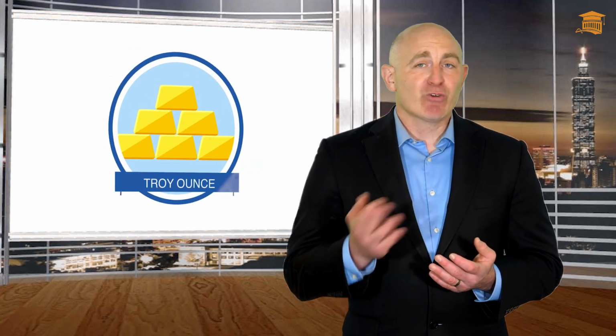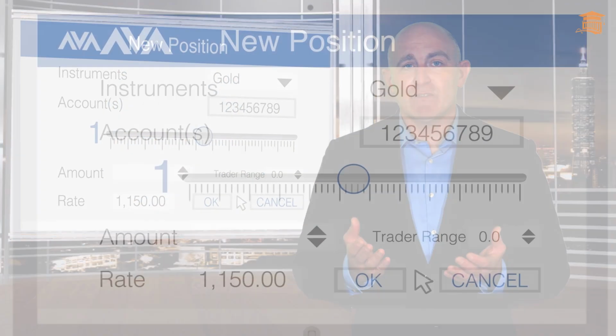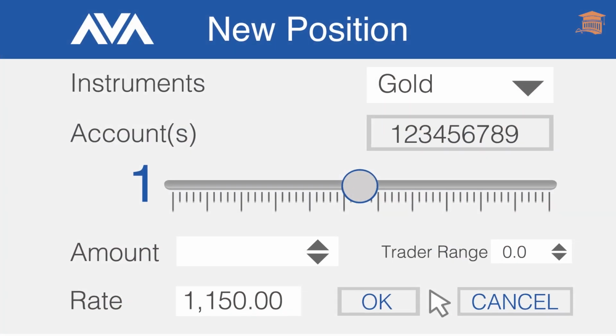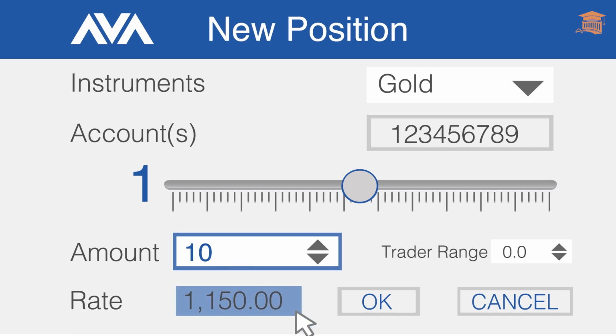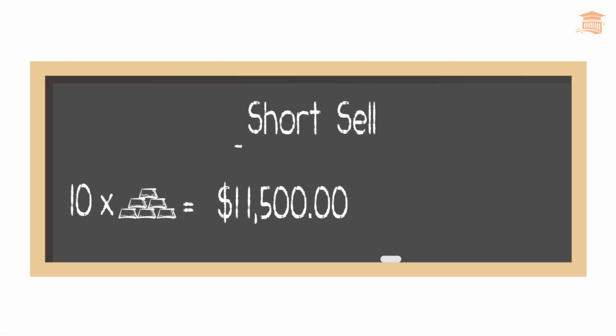Gold is measured in troy ounces, so in our amount box, we'll be entering how many ounces we would like to buy or sell. Let's just say we'd like to short sell 10 troy ounces of gold. In our order box, we see the current market price for gold is $1,150 per ounce. Again, if we were to short sell 10 ounces of gold without leverage, the position would cost us